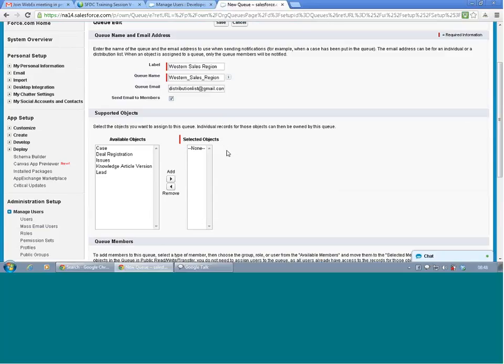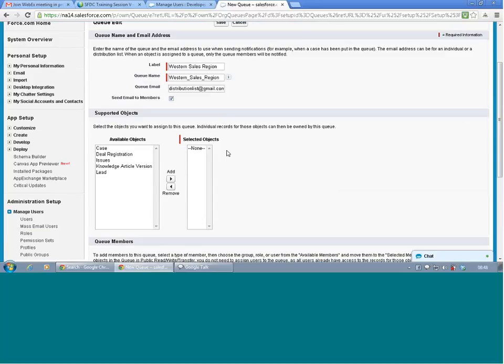Now see, these are the only objects which can be assigned to a queue. For example, we don't see opportunities, accounts, or contacts, which means these cannot be assigned to a queue. So we are going to assign the lead object.